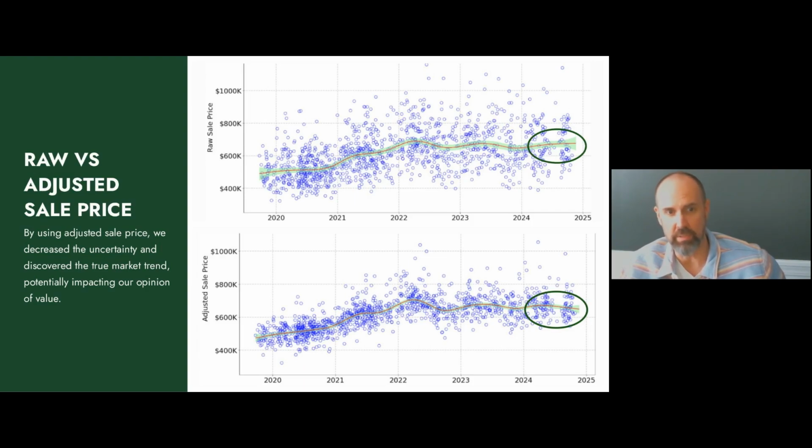It actually reduced the average width of the green from 35,000 to 20,000, a decrease of over 40%. So you could, in your mind, think, I am 40% more confident in this trend than I am in this trend. The other really cool thing, this is not why we did this, but in this one example,